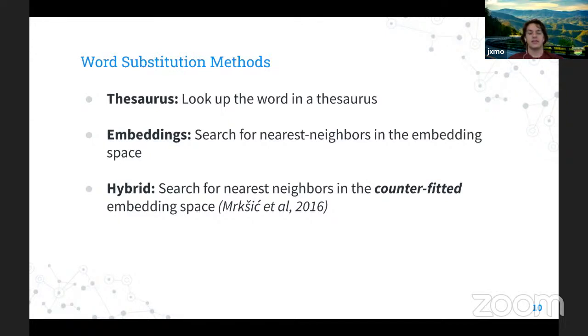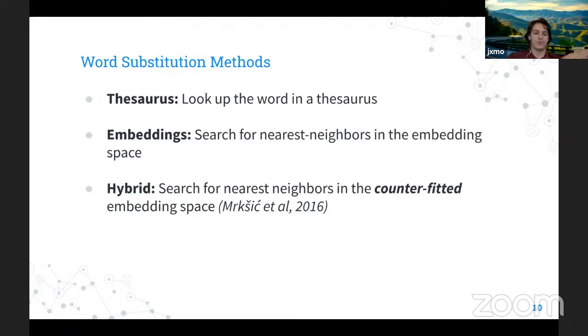So there's this third idea. There's a paper from 2016 that proposed this type of word embedding that's called the counter-fitted word embedding. And the counter-fitted word embedding is a post-processing step on GloVe word embeddings. They take the word embeddings, and then they also use a thesaurus, and they apply this function that's supposed to make words that are synonyms close together in terms of their angular similarity, and words that are antonyms further apart. So that effectively solves at least the very large majority of the cases I said, like how